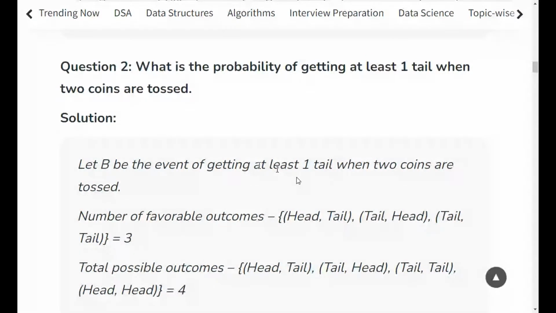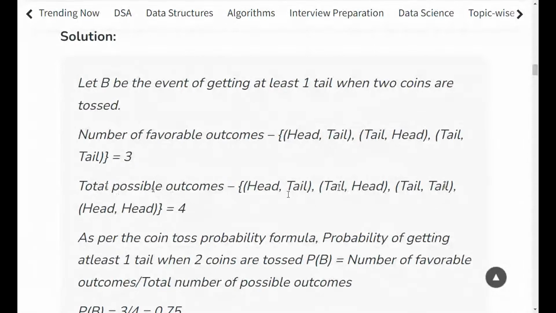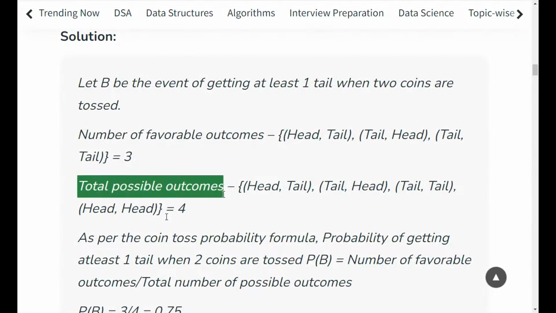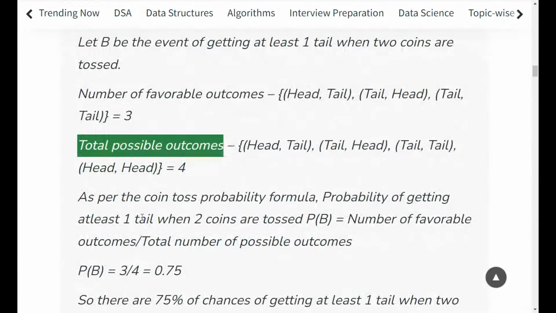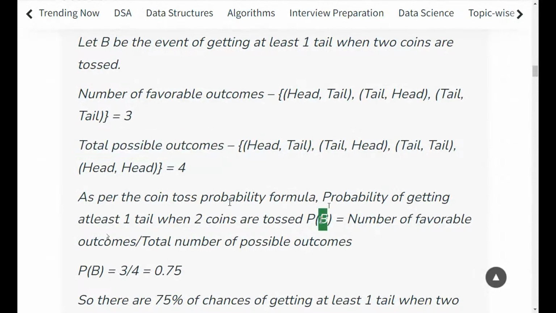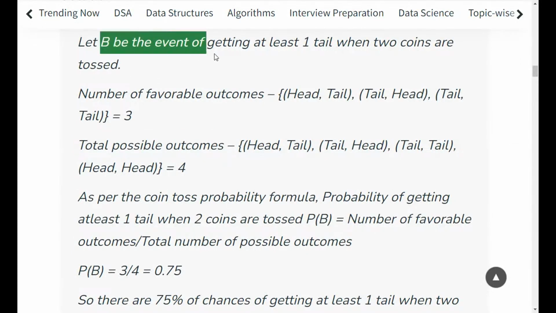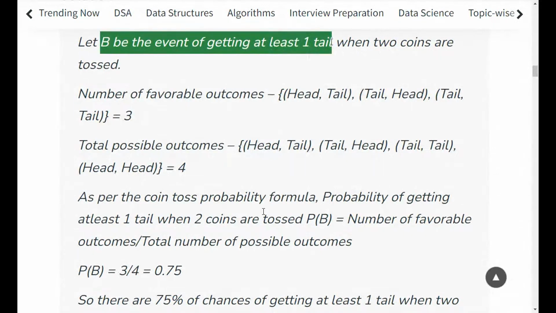Okay, total possibilities, possible outcomes: head-tail, tail-head, tail-tail, head-head. Total possibilities is this much, that is 4. As per the coin toss probability, the probability of getting at least one tail when 2 coins are tossed will be equal to, this is your event